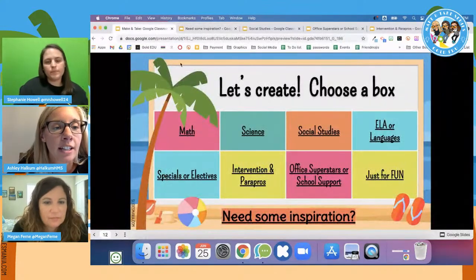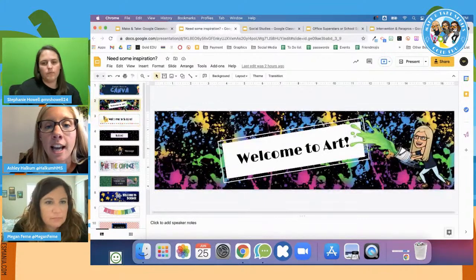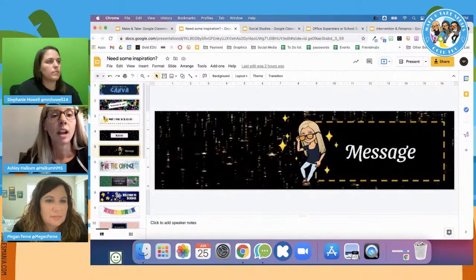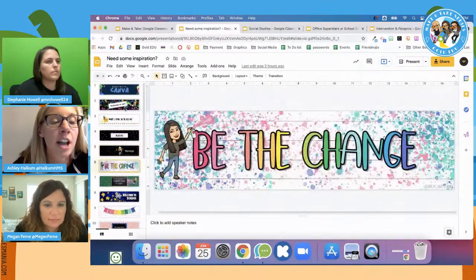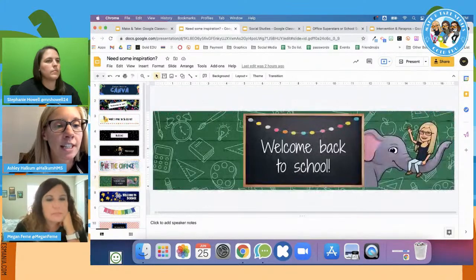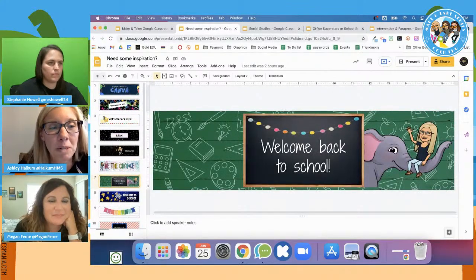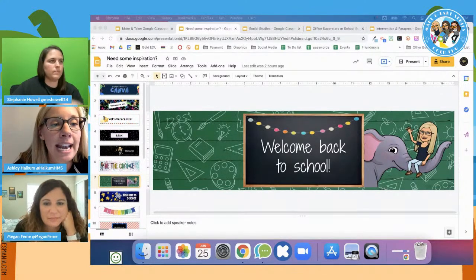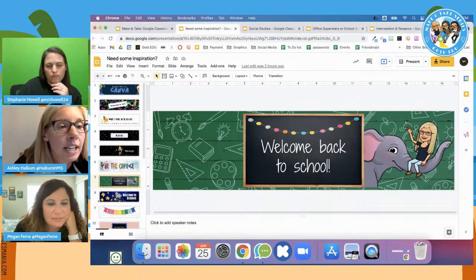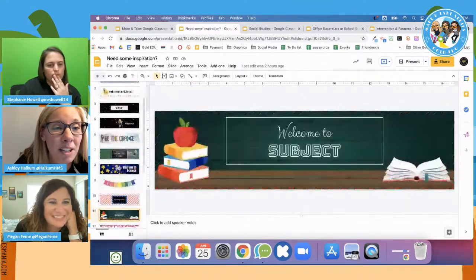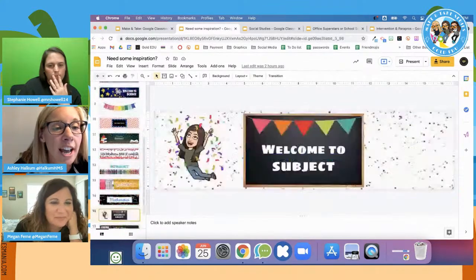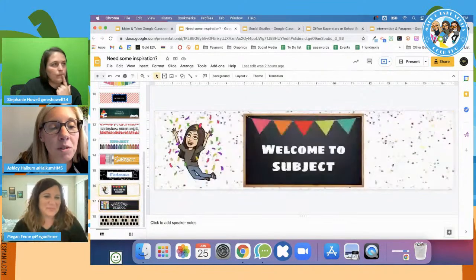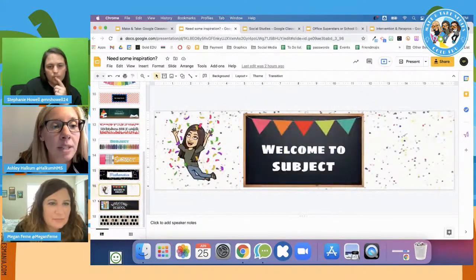And there's a lot of slides to help you get started. Some generic ones for any subject. Some where you can just type your own message. We added our Bitmojis just for fun to help you with placement if you're not sure where to place things or what kind of themes, but feel free just to delete those and add your own. We gave you lots of topics already in there for different subjects, different themes. So just kind of fun to help you get started. If you like something in here,